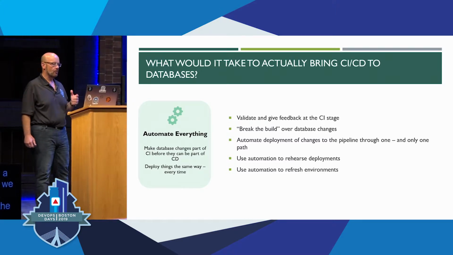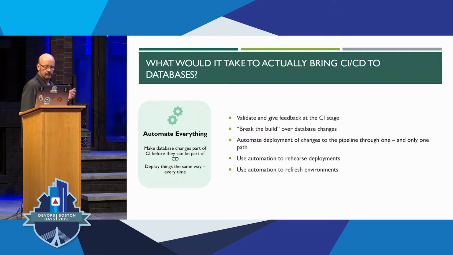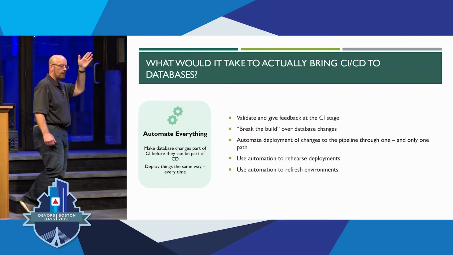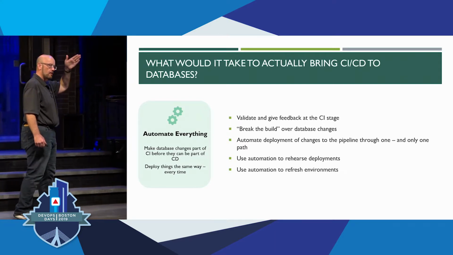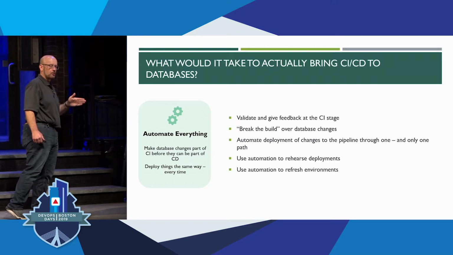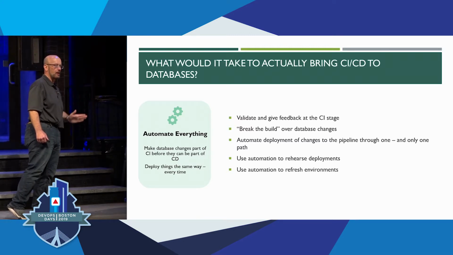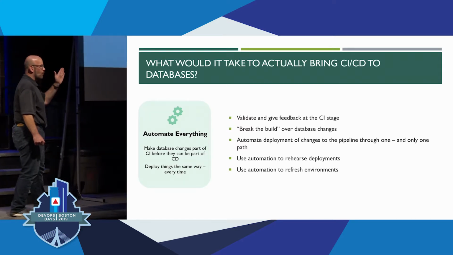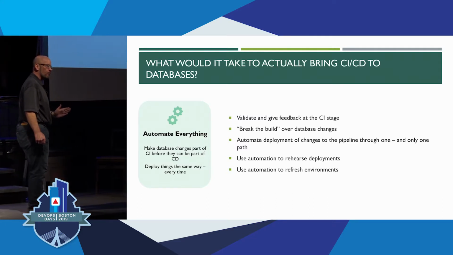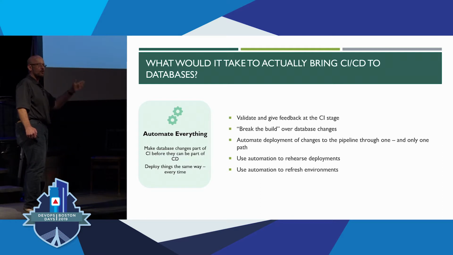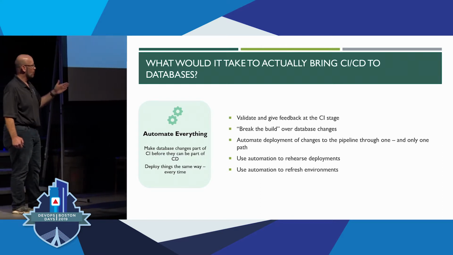It seems like a simple question. We do it for everything else, but there you are. Obviously, we want to be automating through the entire pipeline. We want to do the same thing in every environment, every time, the same way, so that we know it's repeatable and an actual rehearsal for production. I want to do it a lot of times in my lower environments. Stop me if you've heard this one before: we want to rehearse our deployments in lower environments so when we get to production, it's a non-issue. That way we know it's repeatable, and when we do it, we have a high degree of faith that we're going to get what we expect.